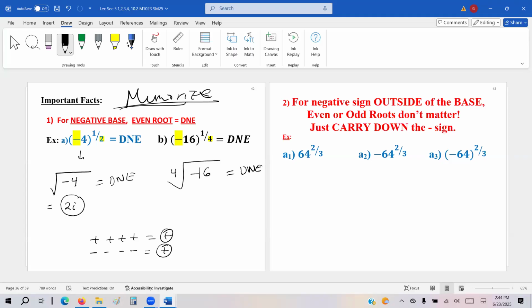So, odd number example: 64 to the 2/3 power. Let's keep our 2/3 because this is the exponent, and rewrite the 64. How would you like to rewrite 64? A number to the what power? 2 power or 3 power? Which one? Who can guess?